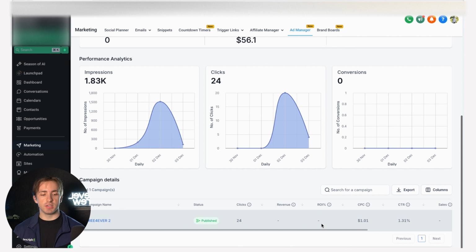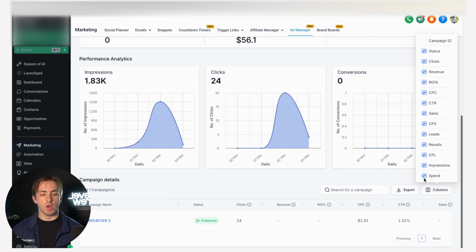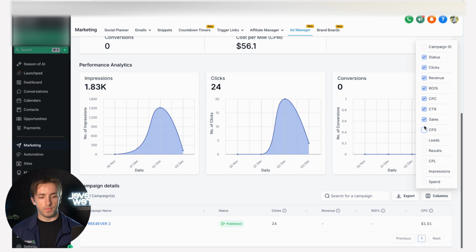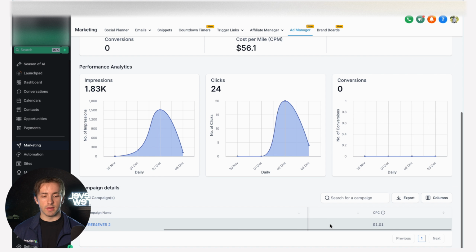Additionally, we can change this section by clicking columns on the right-hand side. So if we click this, then we can select which sets of data we want to actually see for our ads. So let's say we just want to see cost per click, clicks, and revenue. Then we can uncheck all of these boxes that we don't need. So there's our status, clicks, revenue, and cost per click, and then we'll see just that data in this screen